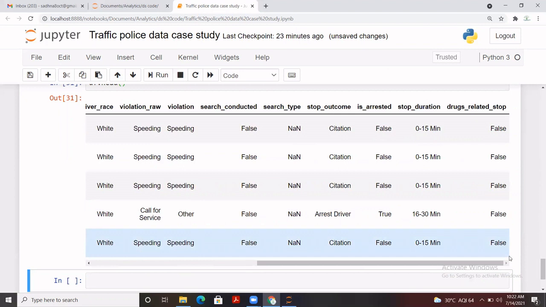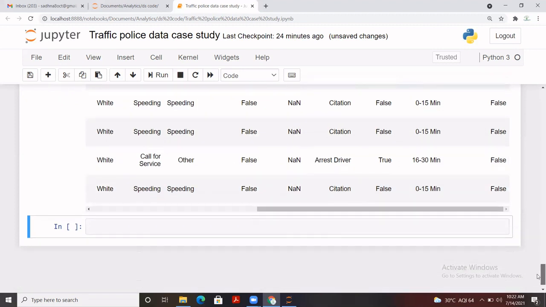So basically we want to check how many drug related stops there are based on male and female, right? So that we can find out who is more into drug activities, whether male or female drivers, right? So check drug activity for both male and female, right?